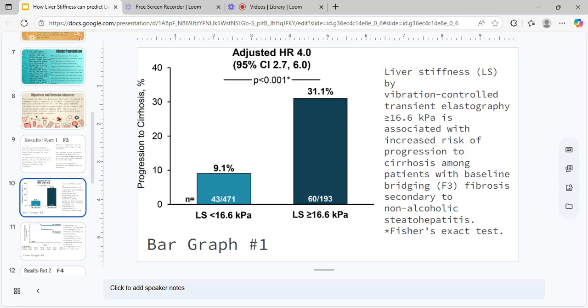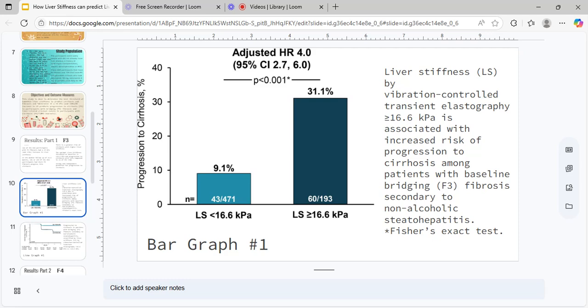And just to show this on a bar graph, you can see that it's 9.1% for greater than 16.6 kPa, only 43 out of the 400. And then there's the 31.1%, which had a less than or equal to 16.6 kPa. As you can see, it's almost fourfold, which is pretty significant and shows that liver stiffness does have a huge